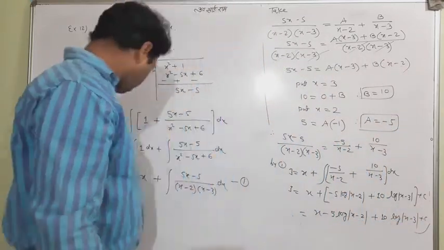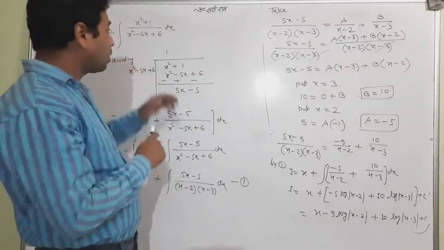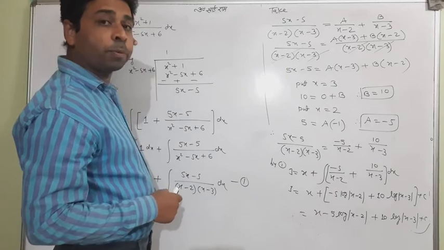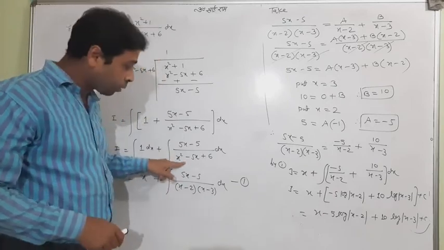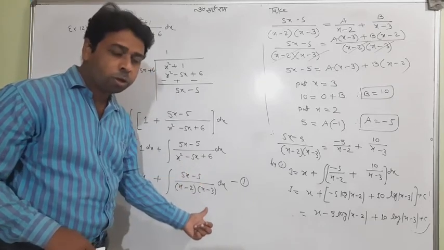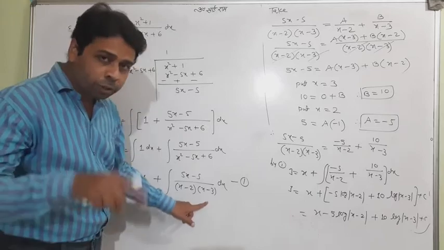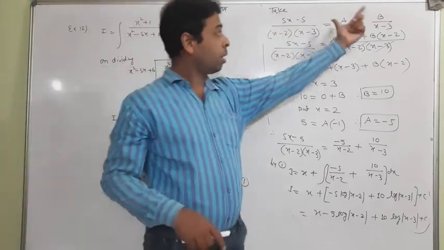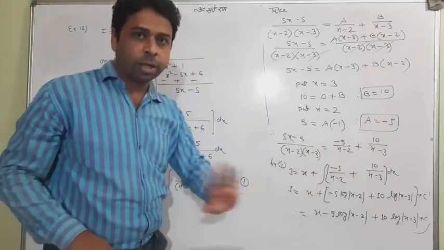So hope you've got the method, as this is a very important question, because the question came as an improper fraction. So I taught you the division, turning it into a proper fraction, splitting into factors, use middle term splitting and get the factorization of the denominator. After doing so, take A and B separately, resolve the partial fractions, get the answer, put it here and do the integration, and that's all. Okay.